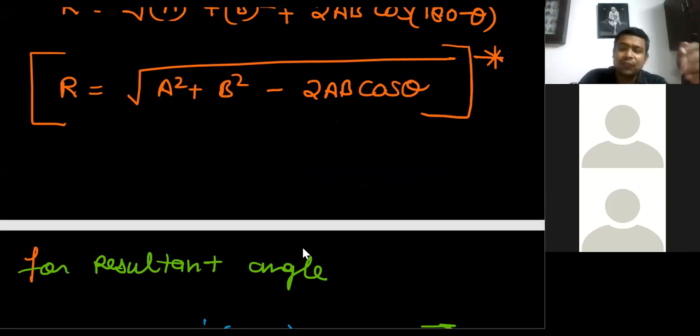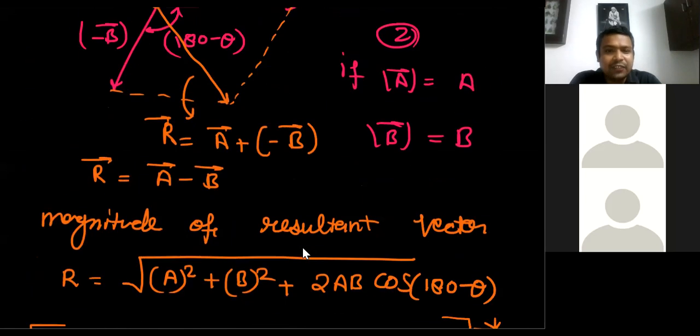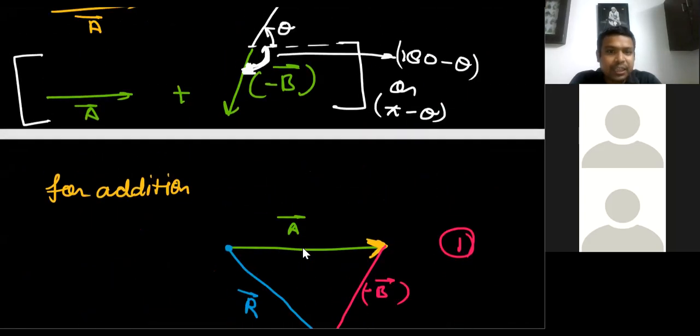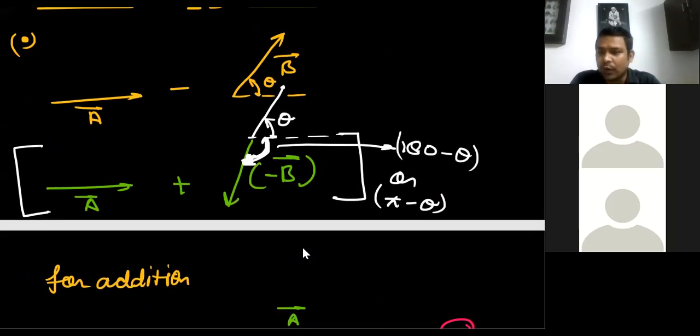My dear friends, if you want to remember, you can remember. If you don't want to, please don't panic. It's very easy because it behaves as the parallelogram method. It is simple addition. For better clarification, I want to repeat it again. If you want to subtract two vectors, that is, if vector B is subtracted from vector A, then it is very easy. Vector B is treated like an addition vector, and the negative vector B represents the opposite of vector B.